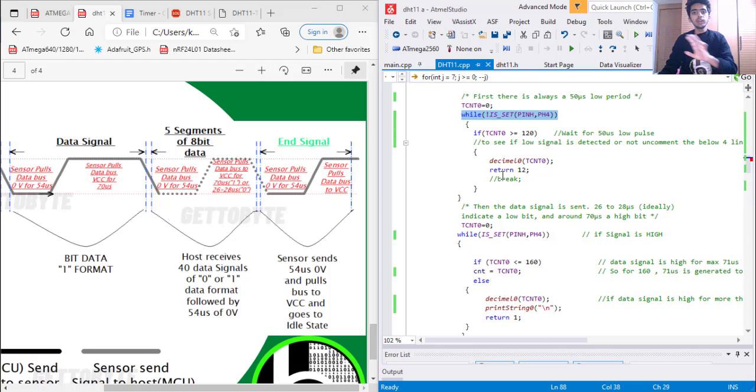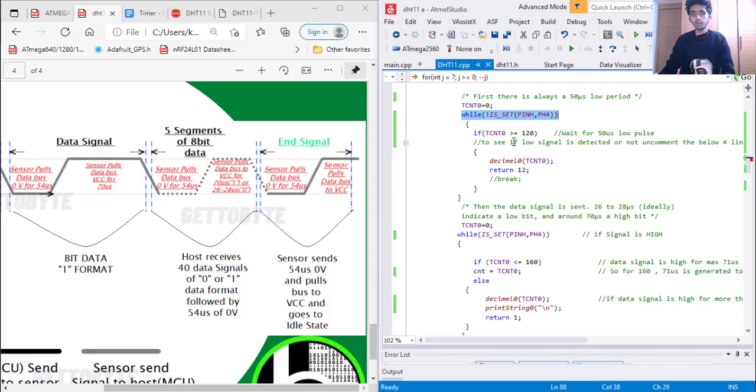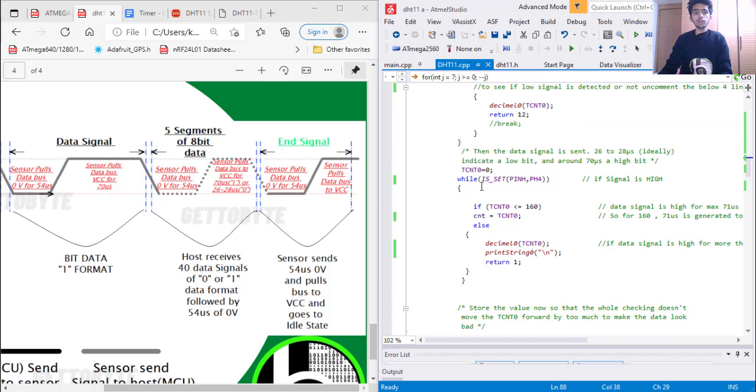Same, now if I have gotten a legit 54 microseconds or 50 microseconds of low pulse before a data bit, then it will come outside of this while loop and the if condition. Now I have again set my TCNT0 equals to 0, and I am going to monitor the high pulse time period. Now while my pin is high,